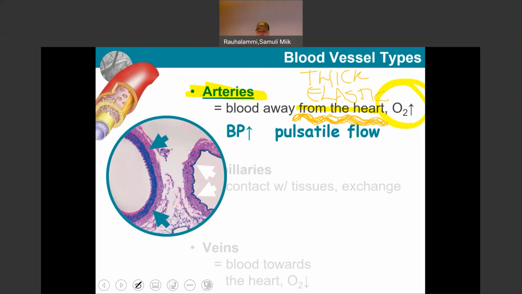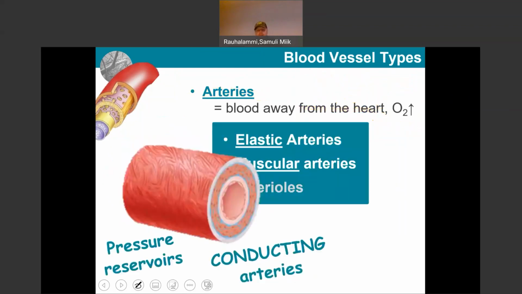There are different subgroups of arteries, and I think it would be good for us to go through those just quickly. The full story you will be able to see in the full lecture videos. But let's start with elastic arteries and have a look at those a little bit. When we talk about elastic arteries, these are the blood vessels such as the aorta and its branches that are located right after the heart. So the very first ones there, they are characterized by this very thick wall of this